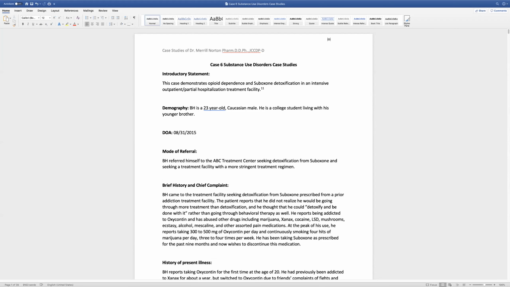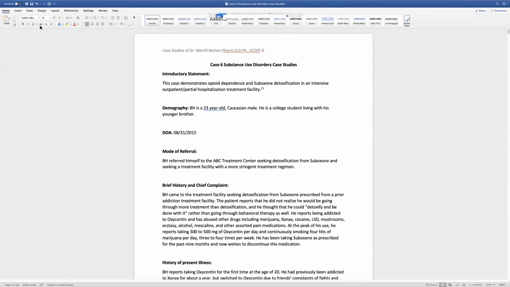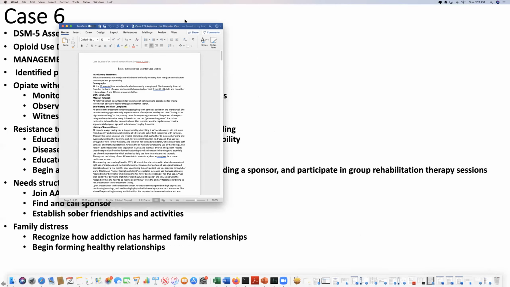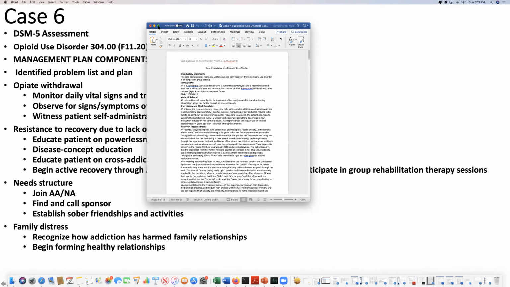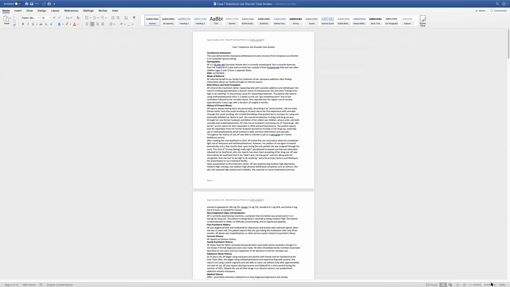Okay. Let's do away with this one. Yeah, I want to save it. That's the only size I got. All right. So let's see what else I got down here. All right, let's see if this is any different. Case 7. All right, let's do a couple more. And let's see if we can get this bigger.